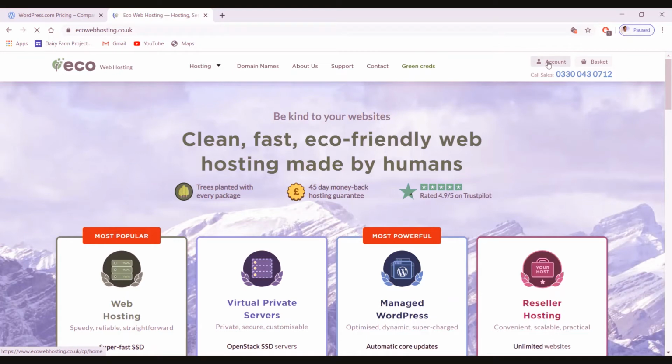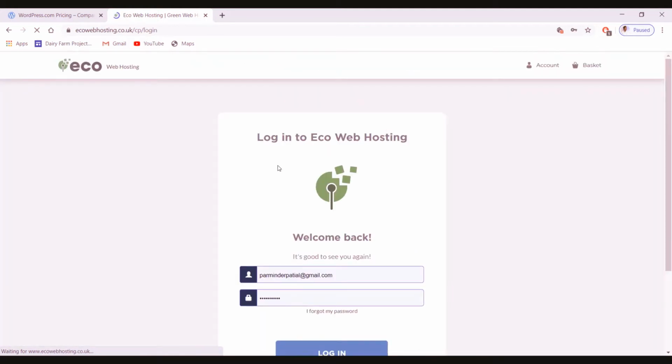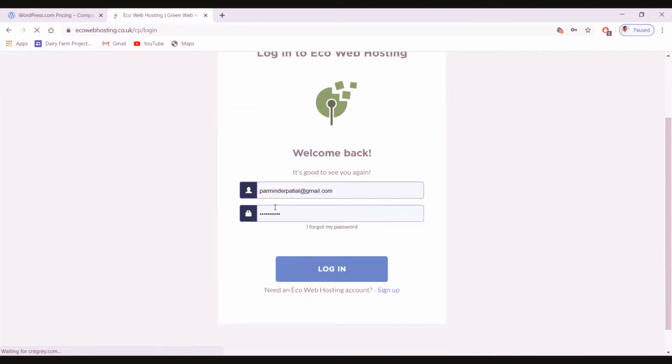Then I will have to go to my account. Similarly, every service provider will provide you an account with your unique username and password, so you have to put in your username and password. Different sites have different interfaces.